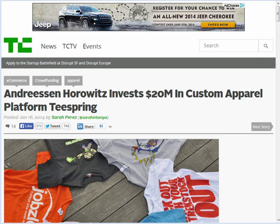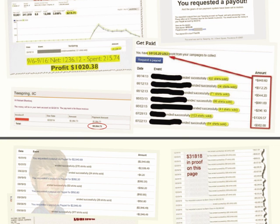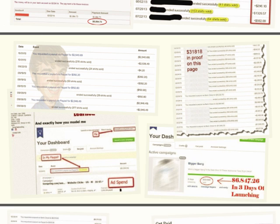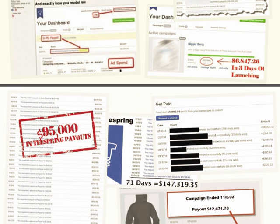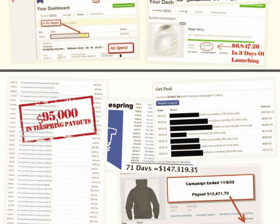So just like how Kindle revolutionized the self-publishing industry with the book market, where anyone could easily become an author, well, this is happening right now again with the Teespring and custom apparel business. And with a quick search around the internet, you'll quickly find an overwhelming number of success stories with Teespring alone. You'll see thousands and thousands and thousands of dollars of people having successful campaigns on Teespring and changing their lives